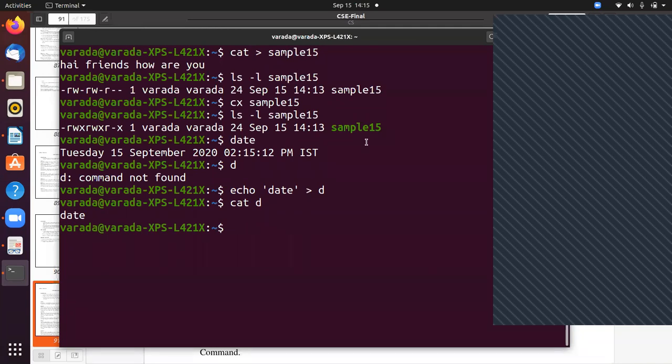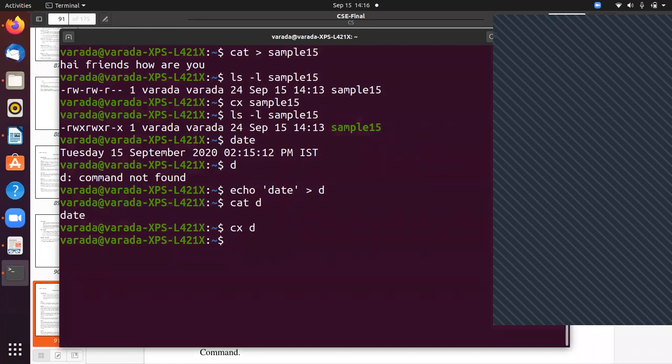Now how can I make this an executable file? By using chmod and all these things. Instead of this, we can use cx d. That's it.